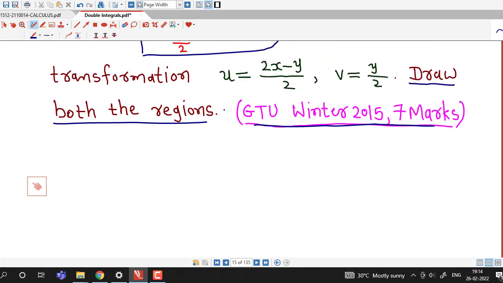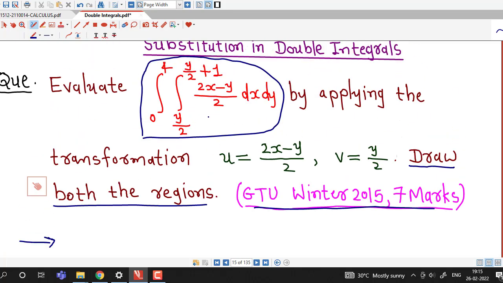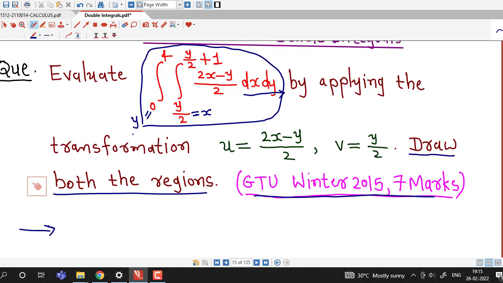So first we can write the given region of integration in xy plane, so that we can decide from the given limits. Here order of integration is dx dy. Therefore, these are the limits for variable x and these are the limits for variable y. So, we can write that in given integral, the curves are